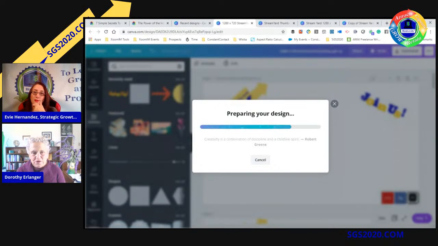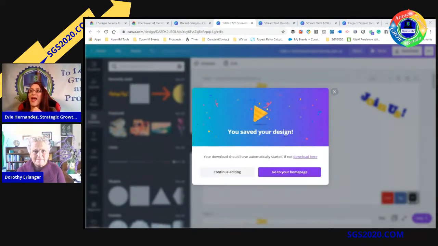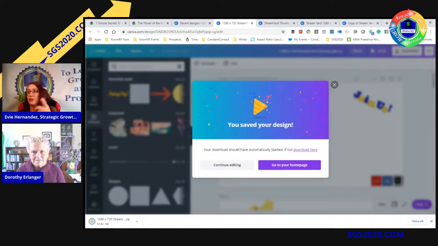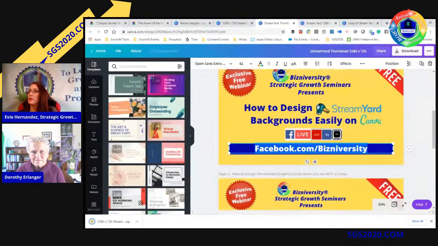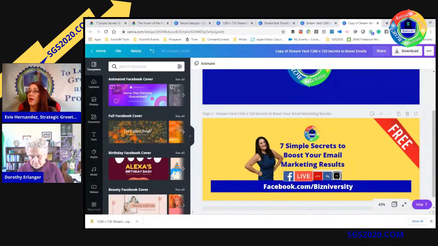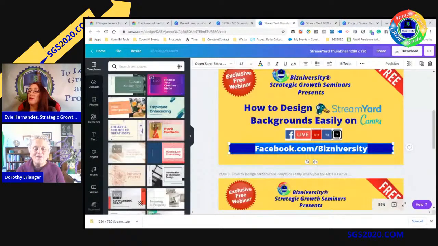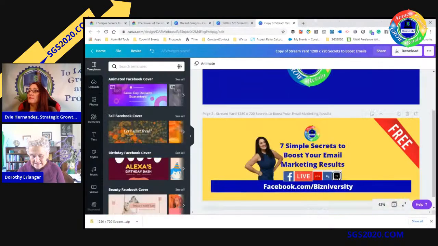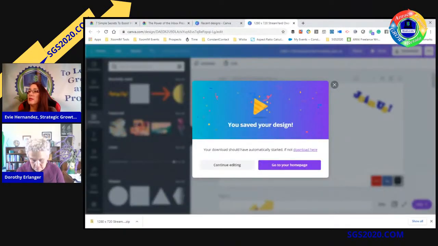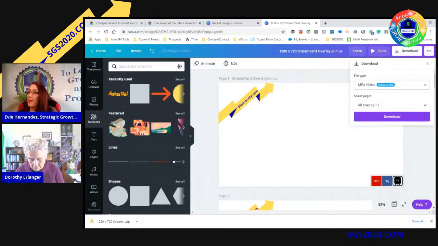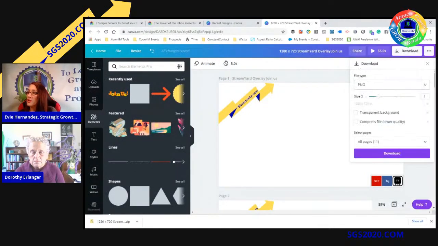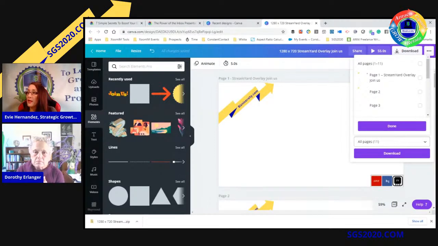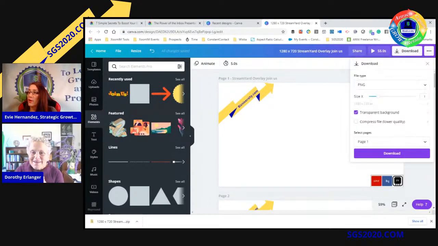That's great, because you're just repeating the same process. I can see that it would become really quite easy once you've done it even a couple of times. Absolutely. So I'm going to save it. It's called Join Us. Oh, well, it downloaded incorrectly. So let's go back here because I downloaded the entire thing. Oh. So I'm going to go ahead and close these for a second because we're done with those, and let's go back to here. So that's good that that happened. I apparently did it wrong. So we go back, PNG, transparent, and not all 11 pages because that's a zip file, which, by the way,